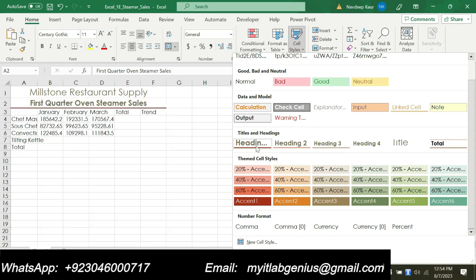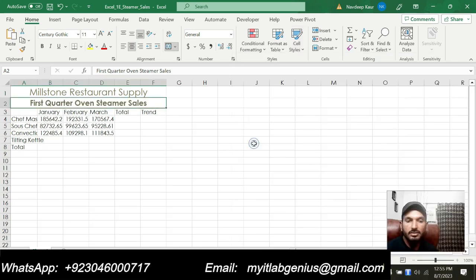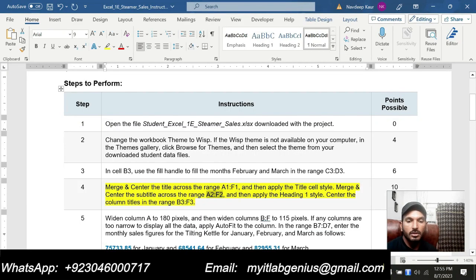So let me look for Heading 1. So this is the Heading 1 cell style that we are supposed to use. So now it is saying to center the column titles in the range B3 up to F3. So we will again select this range.